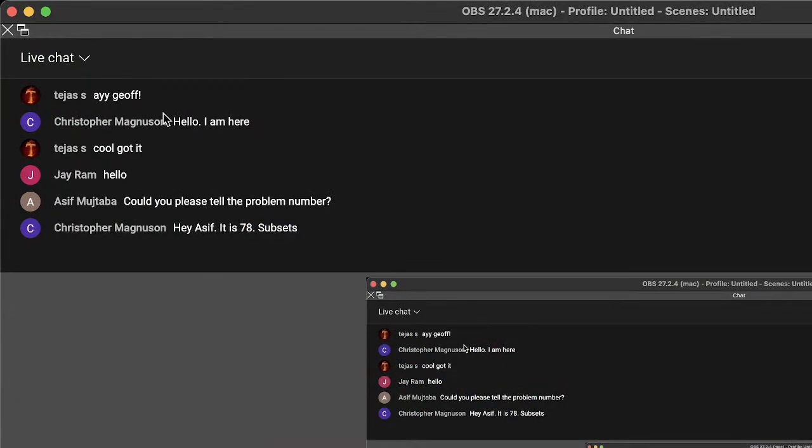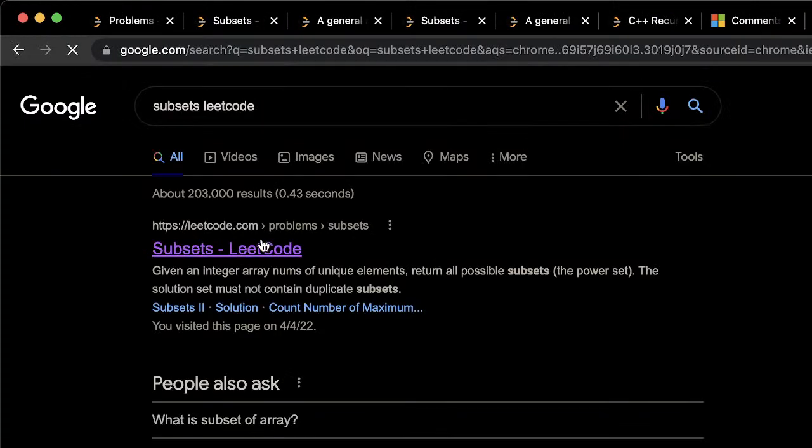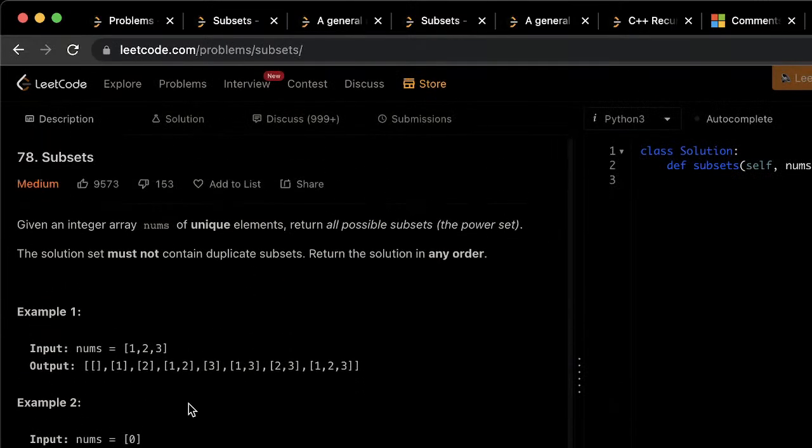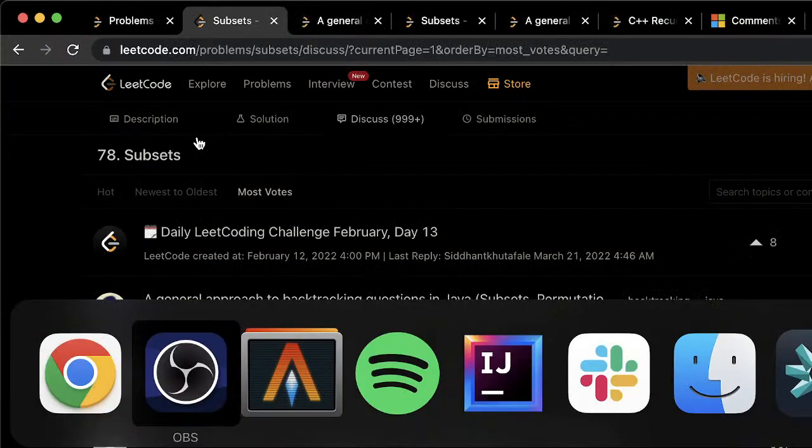Subsets, yeah. To find the problem number, just search subsets LeetCode, and it'll be the first link. Okay, so I did not solve this problem, but that's okay. I had some idea of a brute force solution, not great.